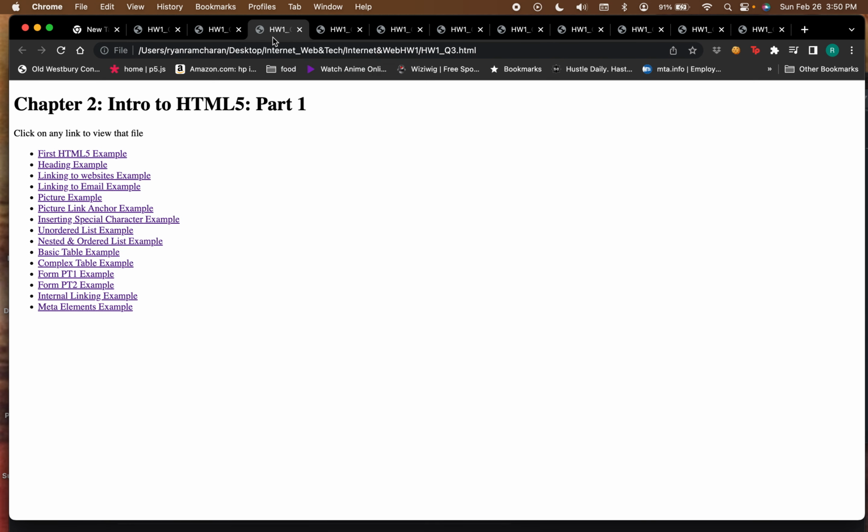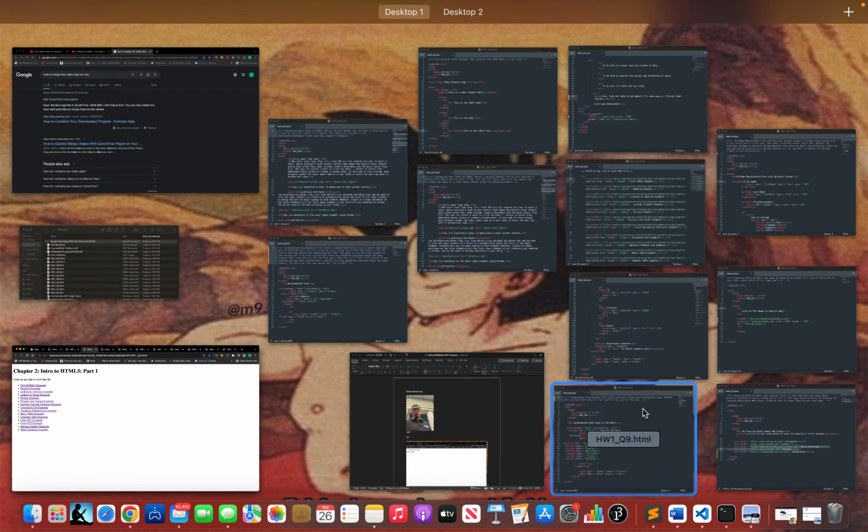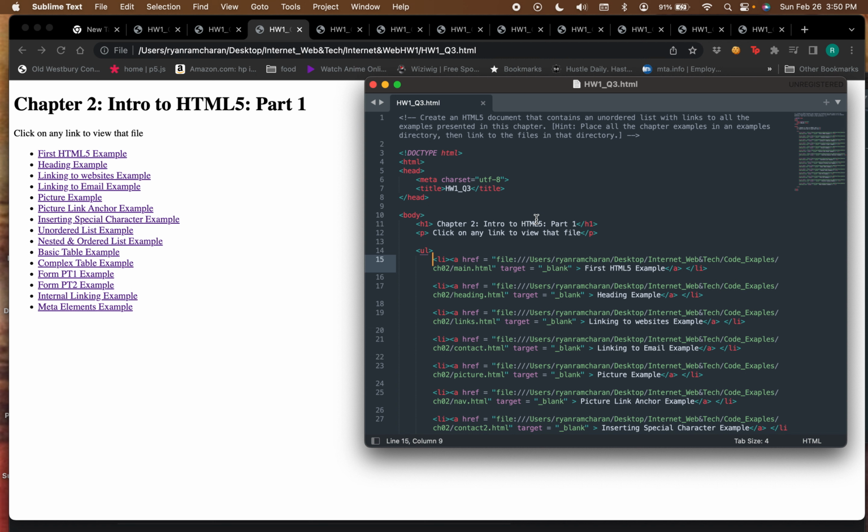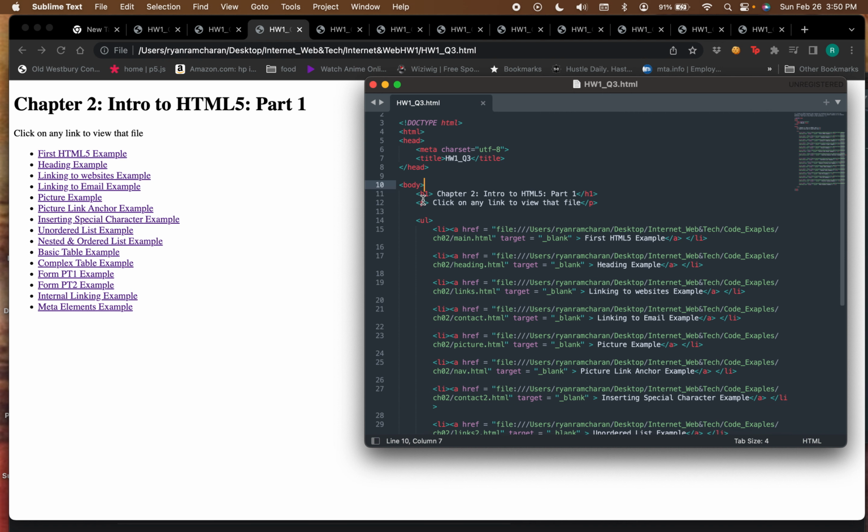So on to homework number 3, question number 3. That was just basically create an unordered list of the examples presented in this chapter. So we start off with document type HTML, the language, which is HTML, the title of the head, which I named homework 1 question 3, and in the body I made a header 1,